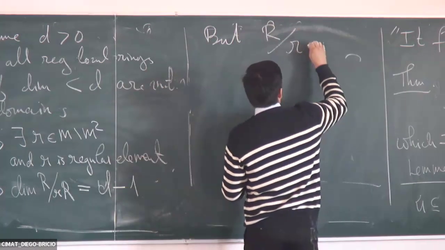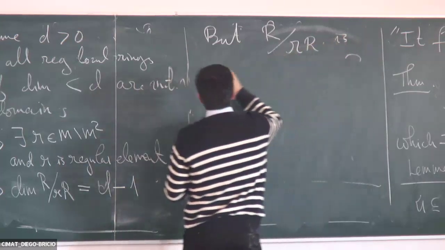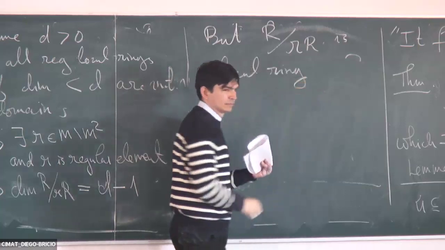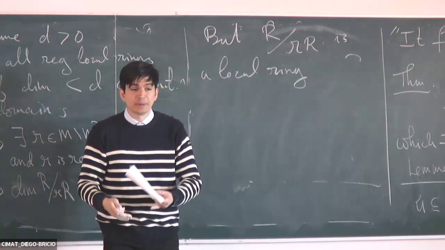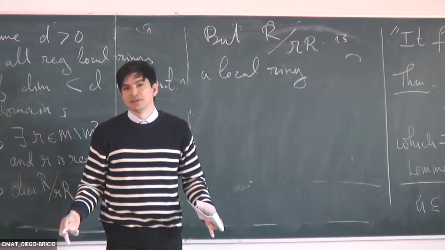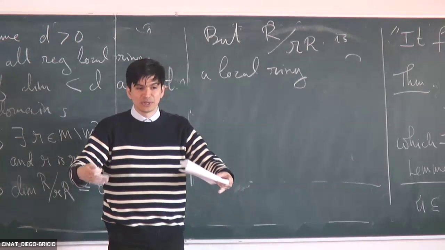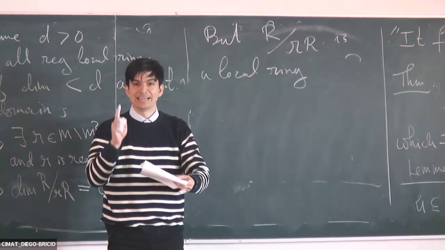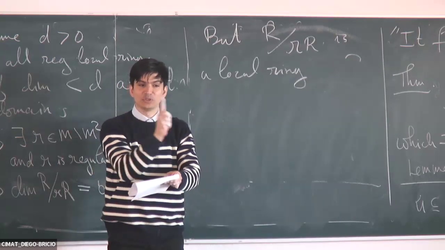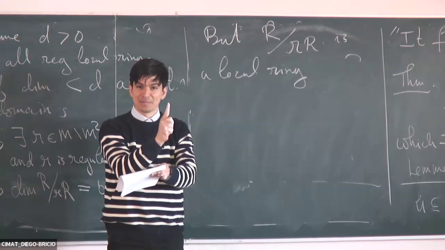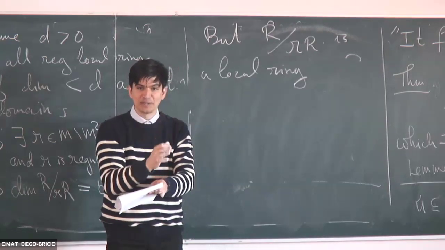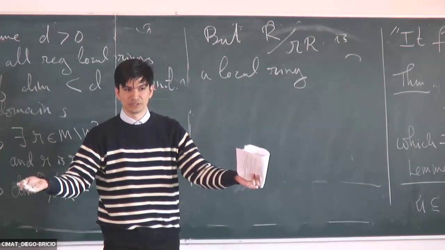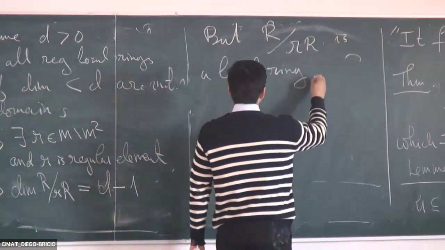But R modulo R is a local ring whose maximal ideal is generated by D minus 1 elements. Right? Because R is regular, so its maximal ideal M is generated by D elements. And R can be taken to be one of them by Nakayama's lemma. Therefore, if you would have a little R, you lose one generator. But you still have D minus 1 generators. Okay? It's a local ring